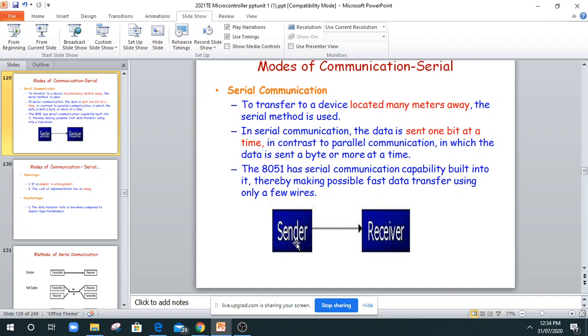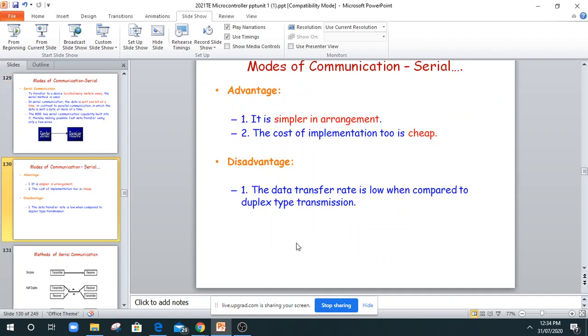But the drawback of serial communication is it is slow in speed, because all 8 bits, all 16 bits, all 32 bits, all 64 bits are not moving at a time. Only one bit is moving from one device to the other at a time, and that's why it takes much more time to transfer your data.